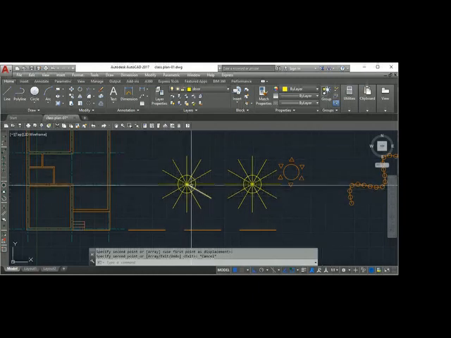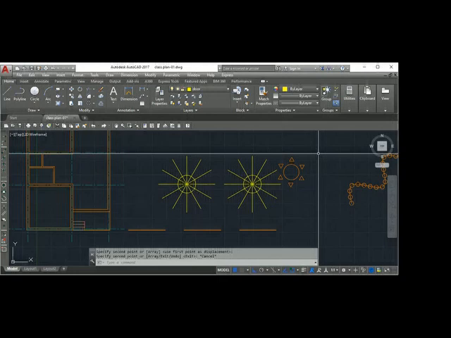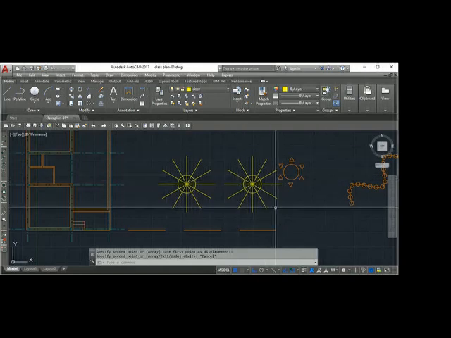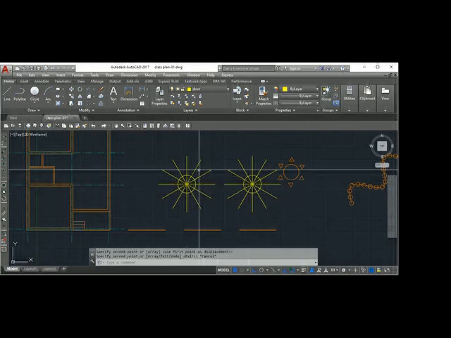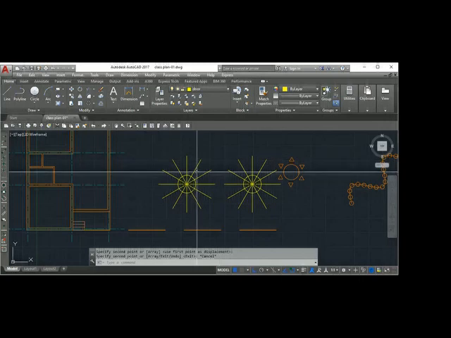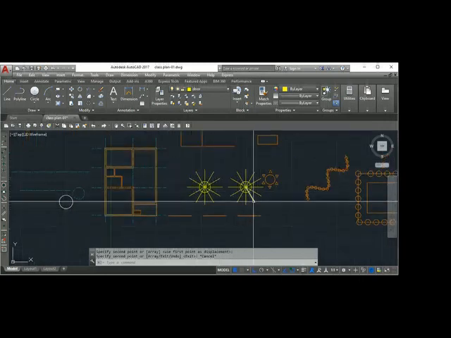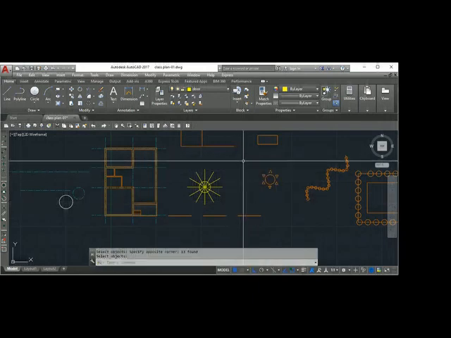You need not copy all the things. You just insert that block wherever you want. So he has to keep a record of only the location, because he already has the details of that object. So the memory can be saved. When I copy, I'm copying the same size, but if it is a block, I can insert it at a different scale also. Okay, so let us make a block and see how it works. I'll say block.